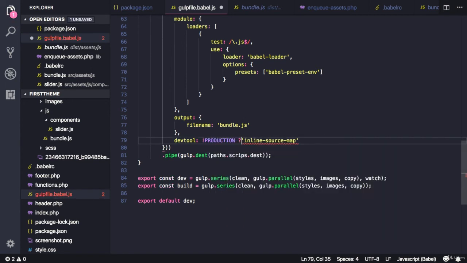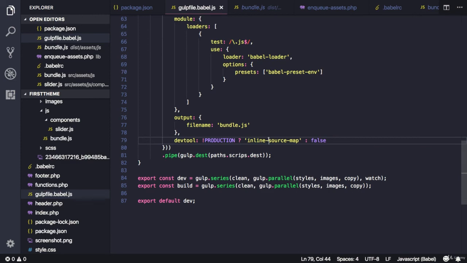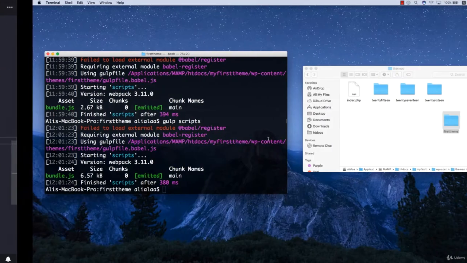One more thing, we would like to add this option only for development, not production, right? So you can do a ternary expression here. So if not production, add the inline source map option, otherwise just set devtool to false. So now if we run it,